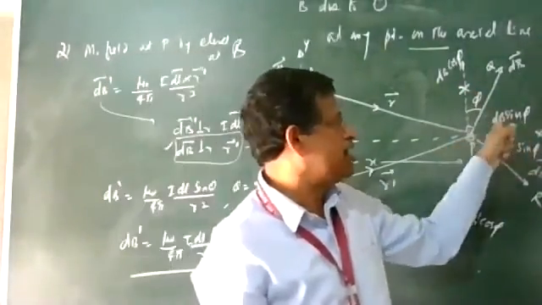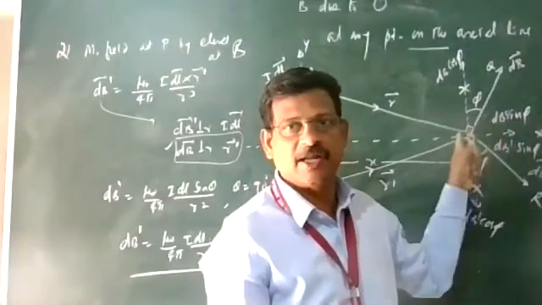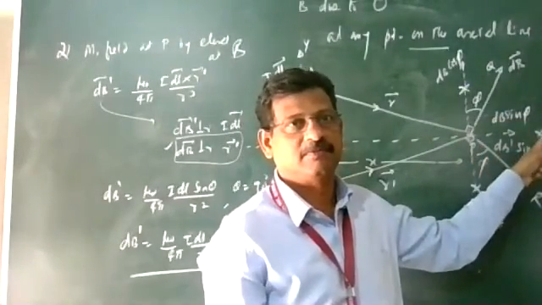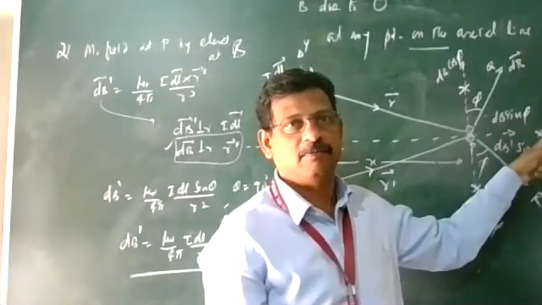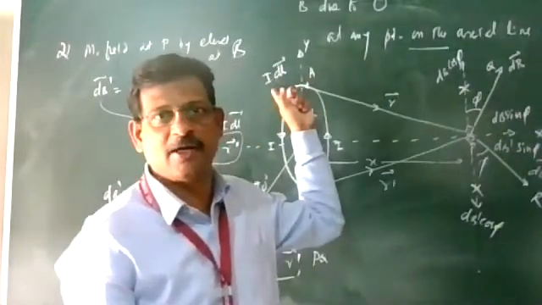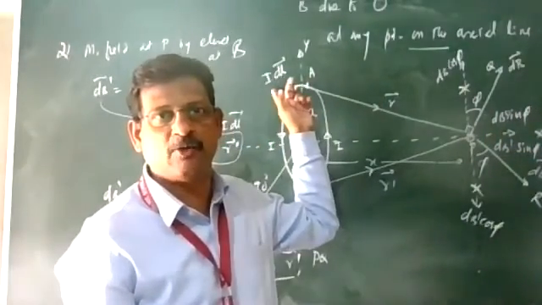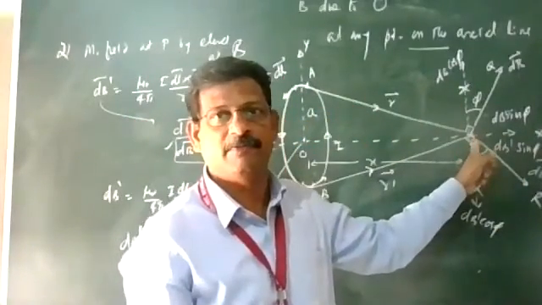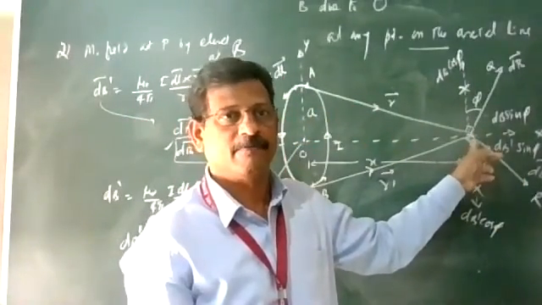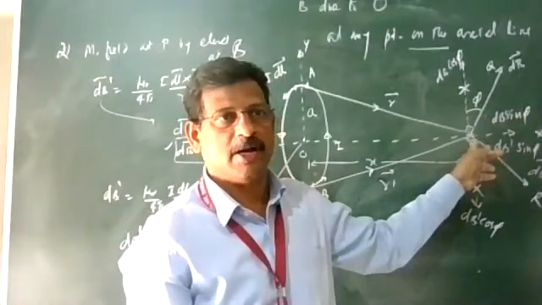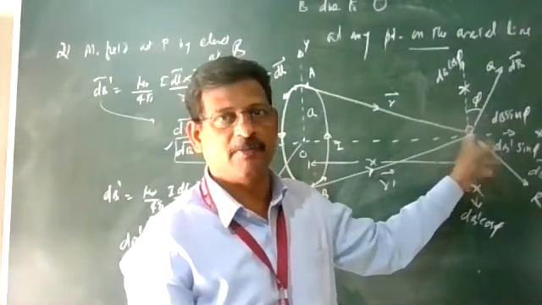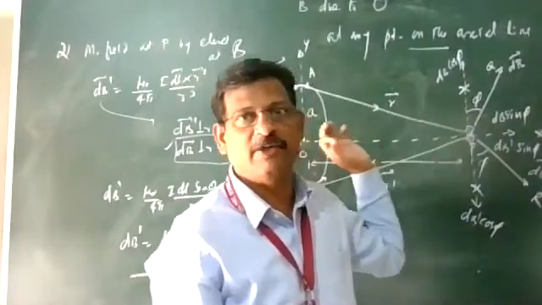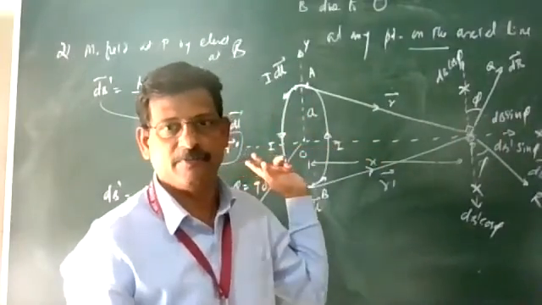Along the horizontal, dv sin phi and dv dash sin phi are in the same direction, so they get added. The horizontal component of every element remains, and the horizontal components of all of them add to give the total magnitude at the point P. Total magnetic field at the point P is obtained by simply adding the component dv sin phi of each and every element that we are taking.